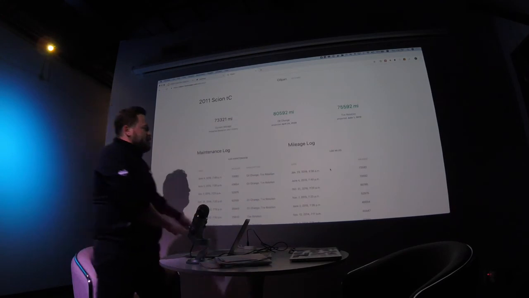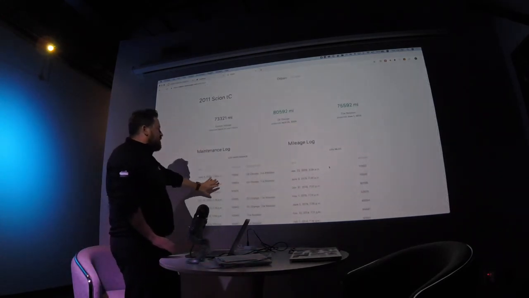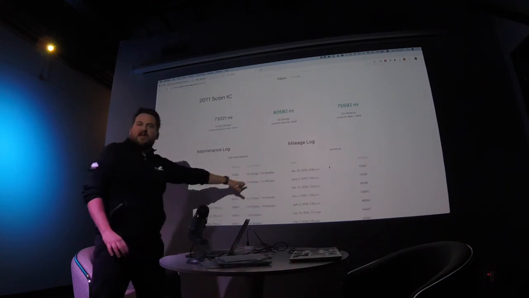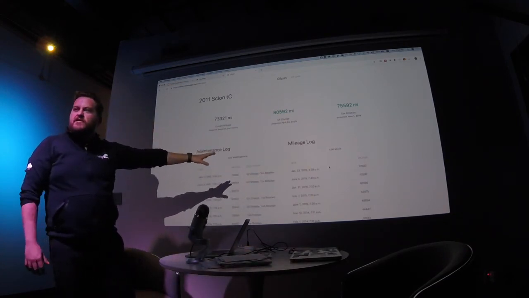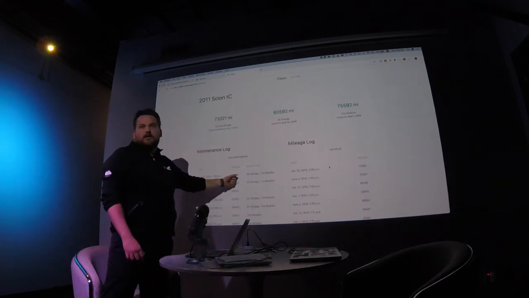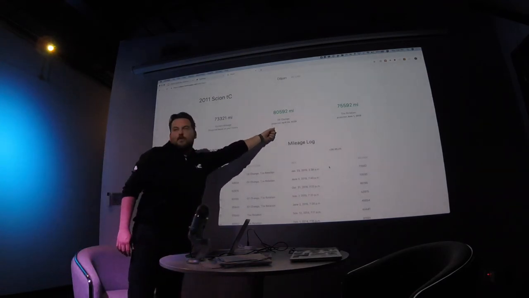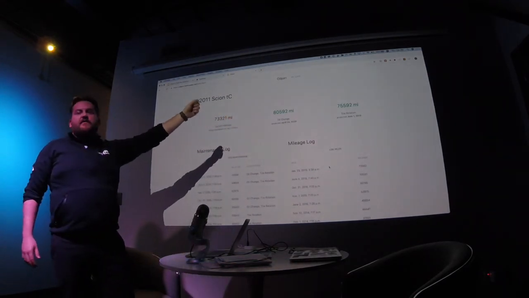This is my actual mileage log, right? So these are the actual miles known. Some of these I logged manually. Some of them are associated with maintenance. And I have a schedule in here. I run full synthetic, low viscosity oil in my car, so I do an oil change every 10,000 miles. I know my last oil change was at 70,592 miles, so I expect to need an oil change at 80,592